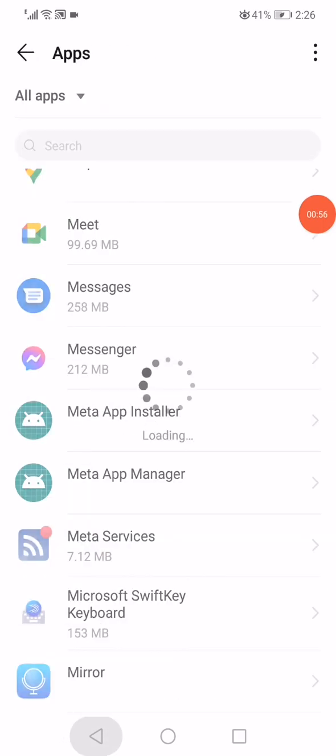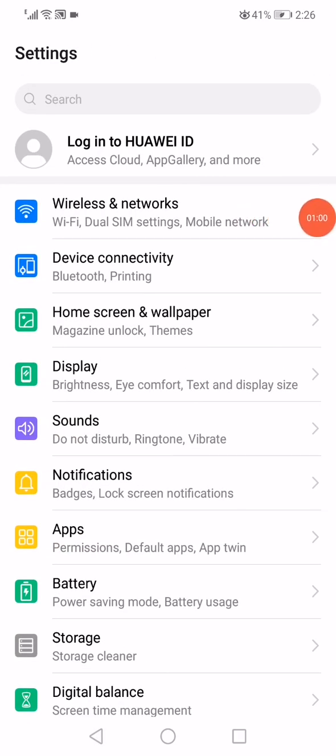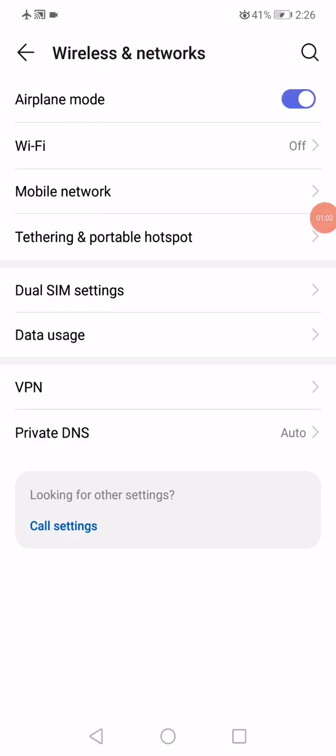After that, go back to the settings on your phone, click on wireless and networks, enable the airplane mode and